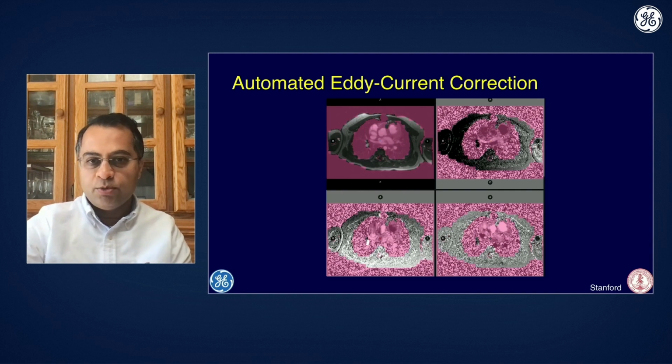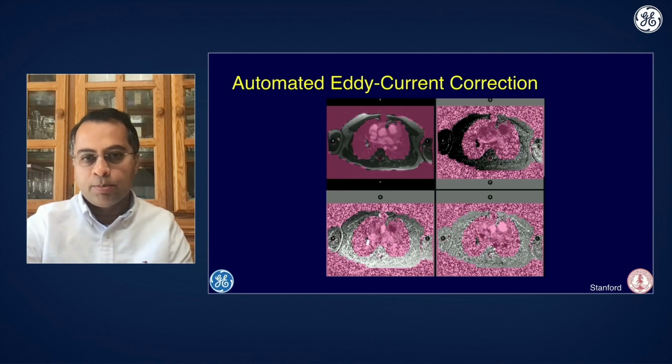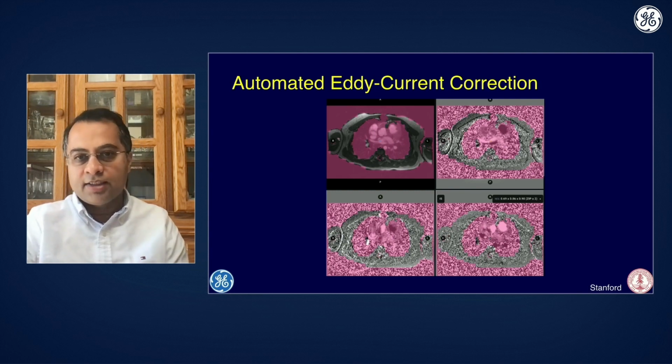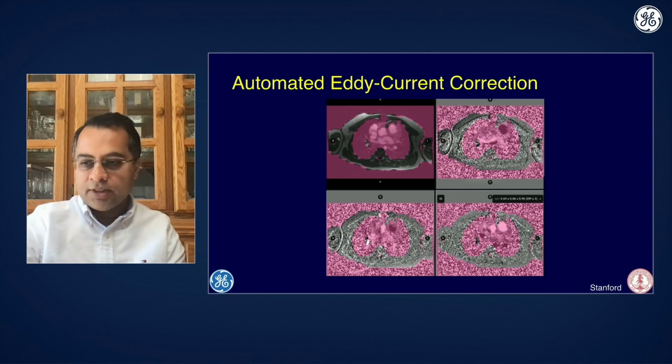So here you're seeing images before the correction is applied, and you're seeing the velocities shown in the right-left direction, AP and SI. So for instance, if you look at the top right image, you will see that there is a shading across it that is from dark to bright, and that is reflecting the eddy current errors. So now you'll see that these get corrected with this automated correction approach. And so now you have accurate velocity estimation. Again, this all happens behind the scenes. You can touch this up if you want to and hand tune it. But for the most part, this is all automated.